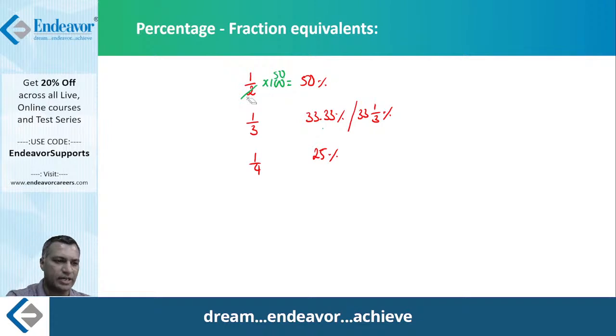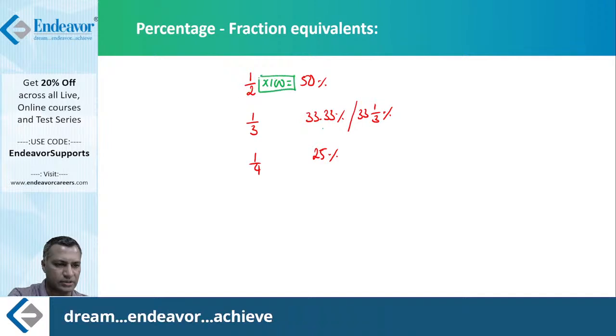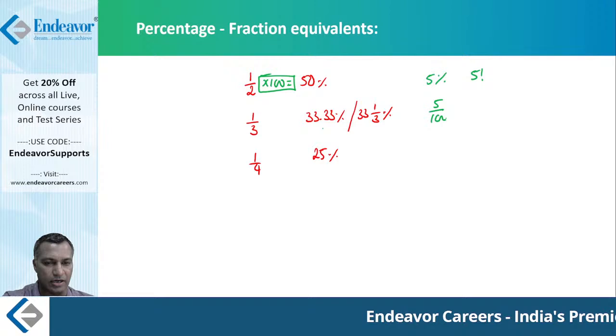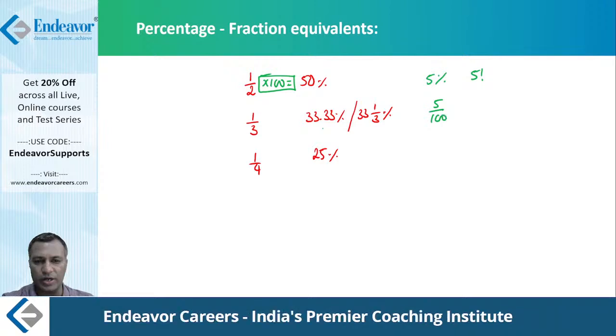If you want to understand it a little better, what is this percentage? Percentage is a symbol. As much as factorial is a symbol, percentage is also a symbol. So when I say 5 percentage or 5 factorial, it means something. 5 percentage technically means 5 divided by 100. That's the meaning of percentage. And 5 factorial is nothing but 5 into 4 into 3 into 2 into 1.